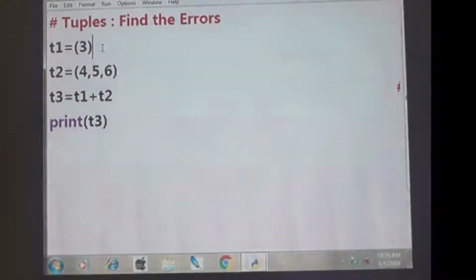You see, it is not a tuple. t1 is simply an integer. Why?